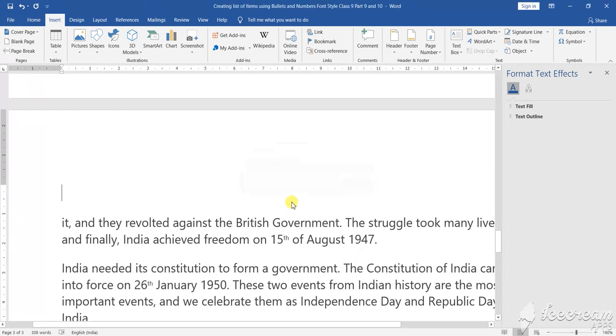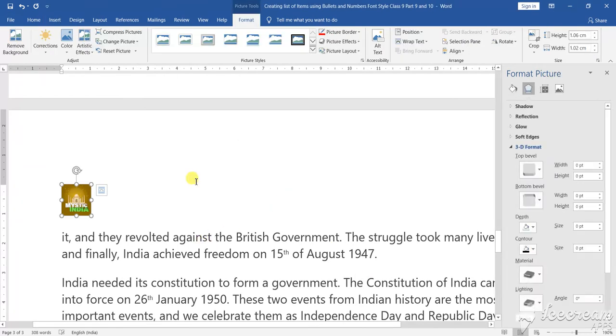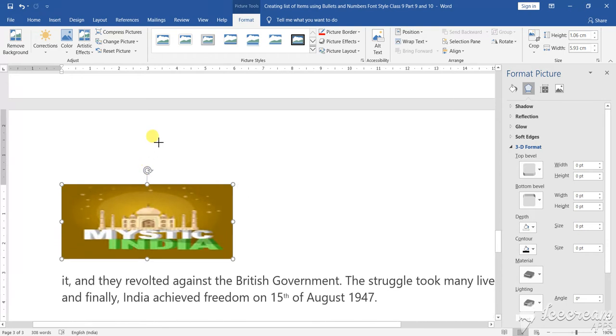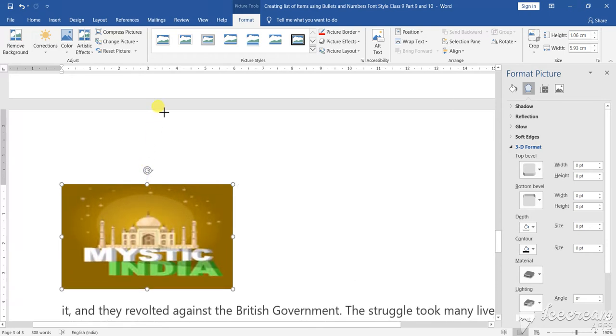Okay, now the picture is going to install. As the picture is installing, see here, this is a clip art picture. That means by default the picture came in a small format. Let us make it a little bit bigger. See here, okay, so this is the picture. Now similarly in this also you are going to get all the effects that you have implemented here.